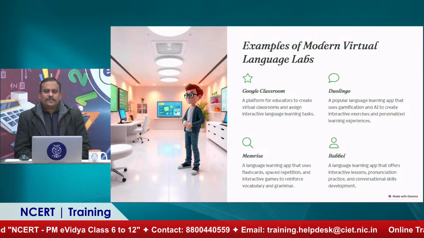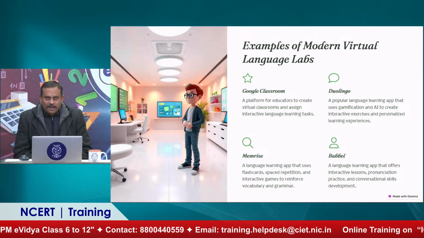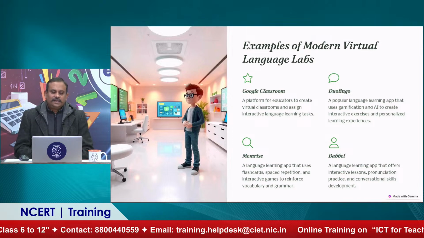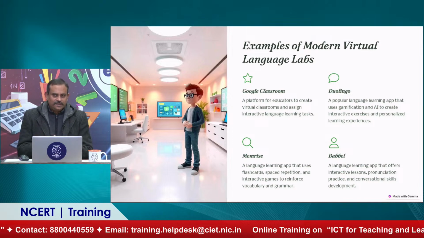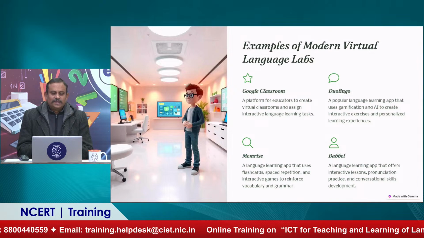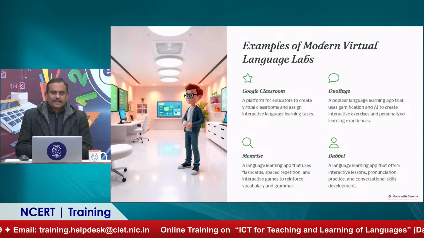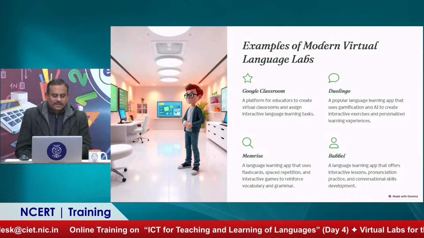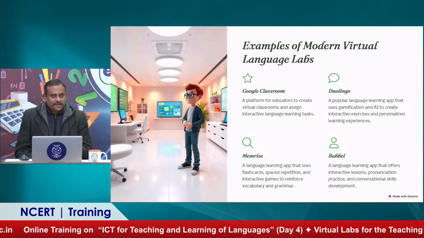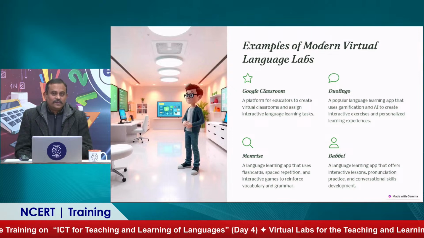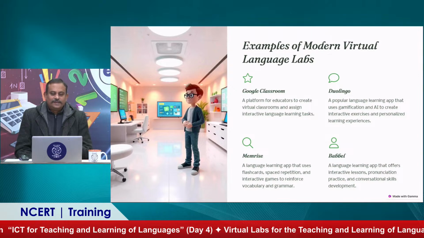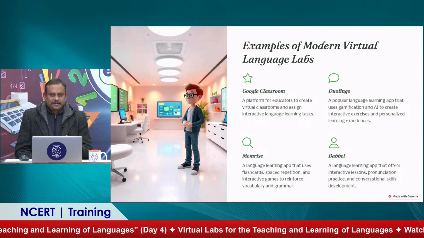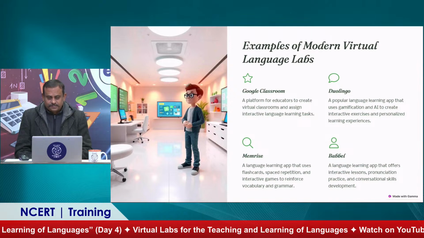So basically what these things are is integrating what we get physically in the real world, trying to get them onto the virtual world. So you can upload videos on Google Classroom, you can manage your classes, you can give assignments to students, you can check the papers and give them feedback over there. Yeah. You can give them practice lessons and so on.